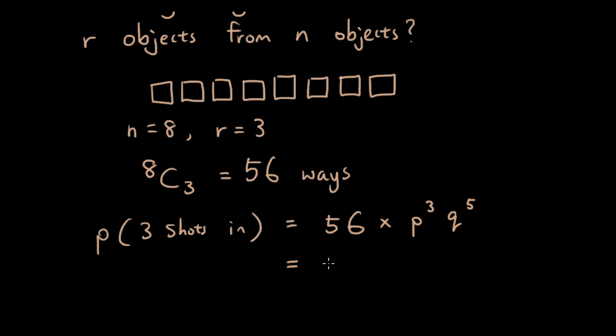Now if you guys remember, I said that P was equal to 0.8, your probability of success, and the probability of failure was 0.2 to the power of 5. So if you put that in your calculator, you will get